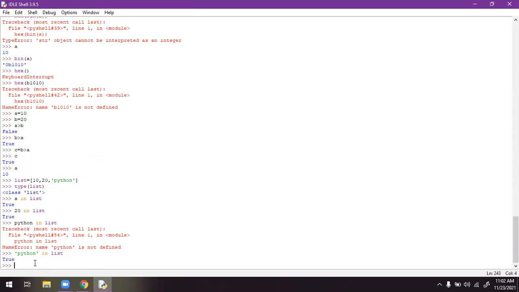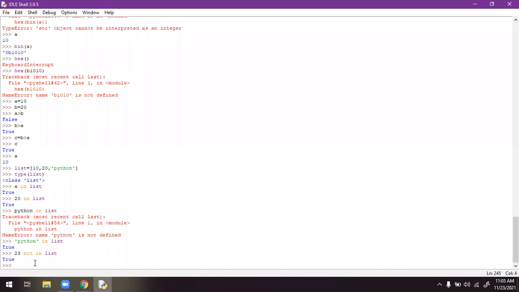Sometimes we have to check for a number which is not in the list. If the character is not present, then we can do the calculation. If it is available, then we have to remove it. Such conditions will arise. So what I'm doing is checking whether 23 is not in the list, where we write "not in". If it is correct, it will show us the true statement. Why? Because 23 is not available in this list. That's why we get True.